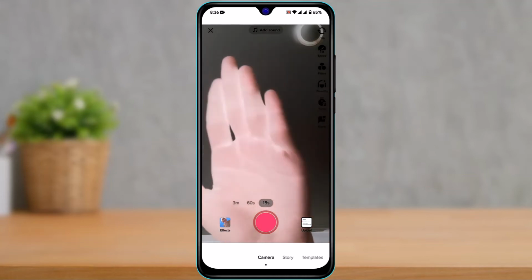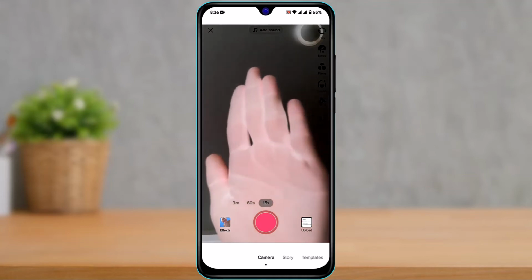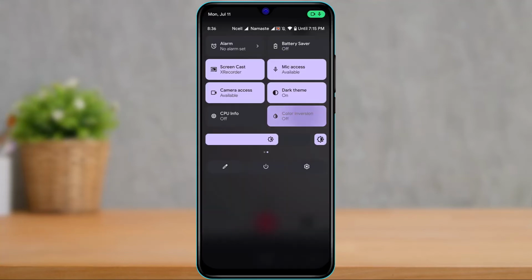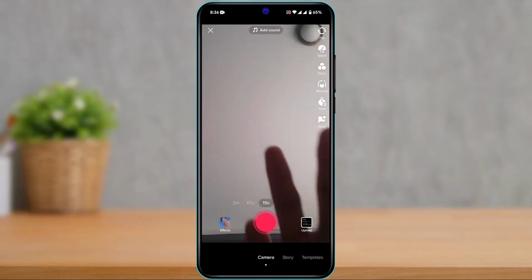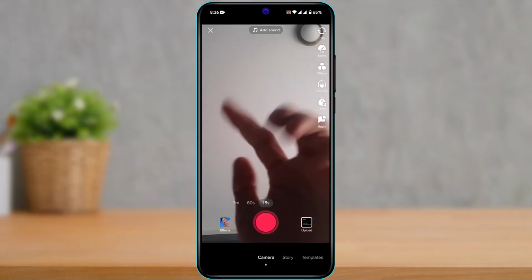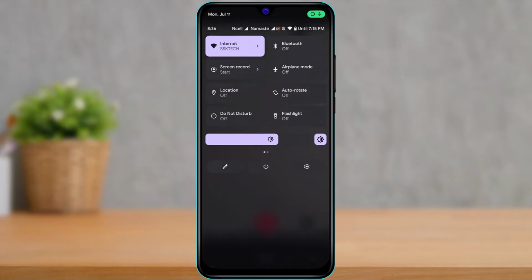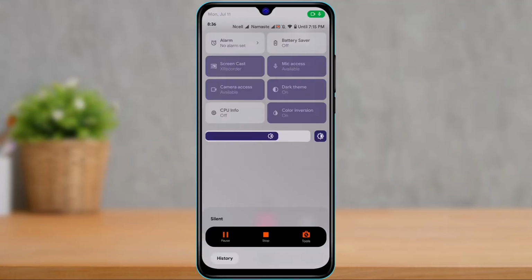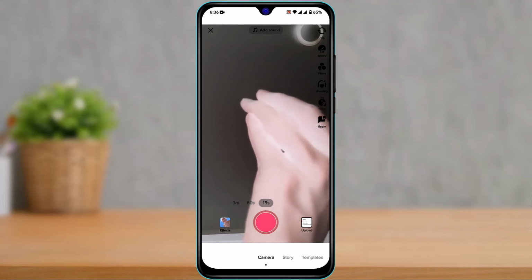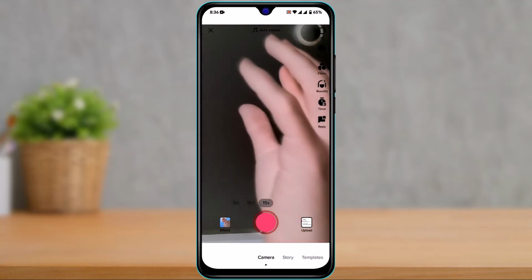You can see right over here the camera. Previously, if I turn off color inversion and then I come to TikTok, you'd be able to see it is kind of dark compared to before. But if I go ahead and turn on color inversion, you'd be able to see that it is much brighter, especially if you are trying to record during the nighttime or in a space where